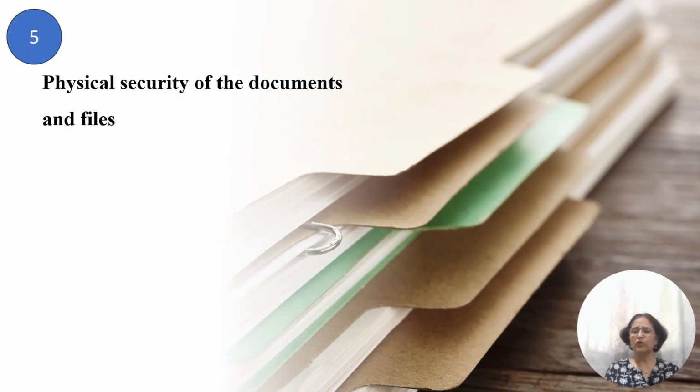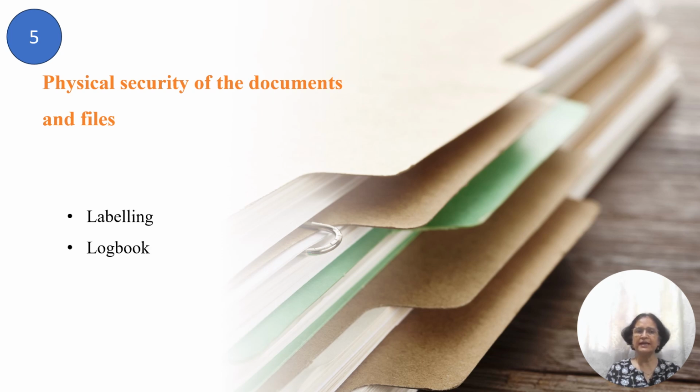Physical security of documents is critical. If it is a confidential file, you have to label it. If it is a soft file, you have to put in a header or footer somewhere that this is a confidential document. And your employees and anyone who is working in your organization has to know that when a confidential file is handed over from one person to another person, it has to be communicated as confidential. So this is one very important thing about confidential files, and there has to be labeling of the files as confidential, and you can always segregate